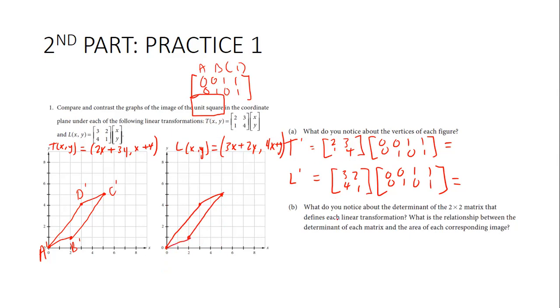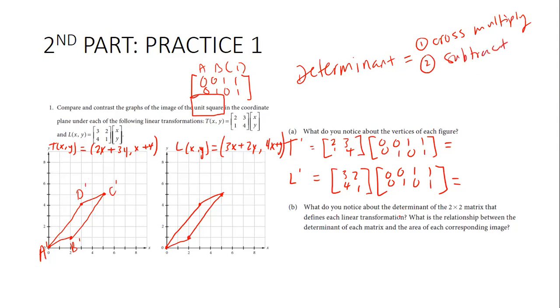So to find your determinant, it's in your notes. To find our determinant, it equals, we're going to cross multiply. So first cross multiply. And then we subtract. So when we find the determinant of T,